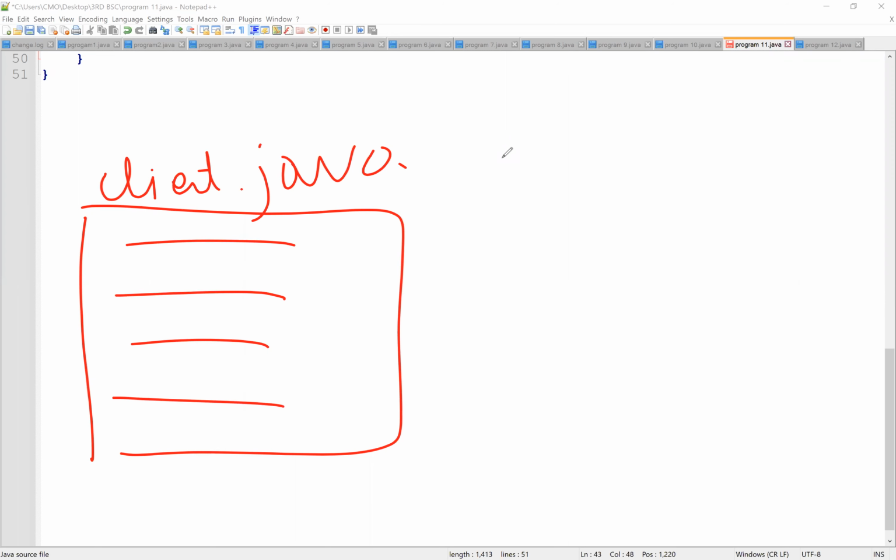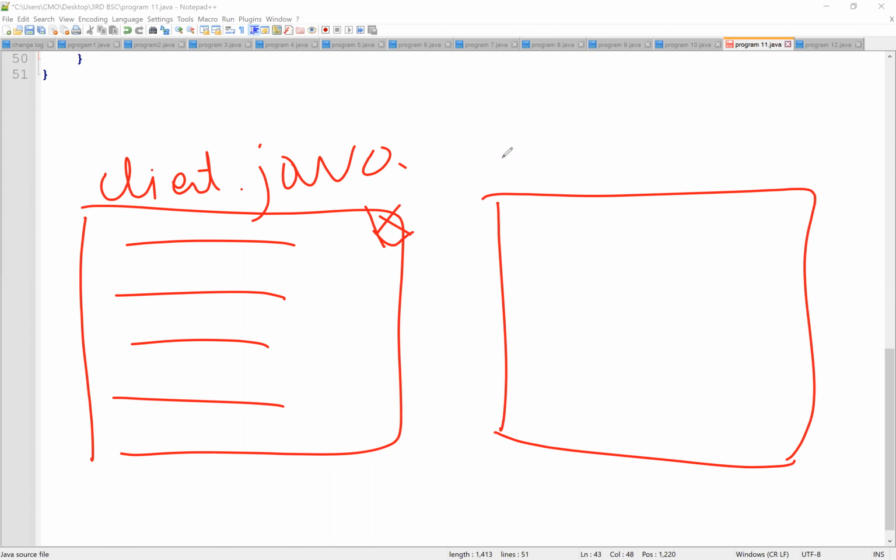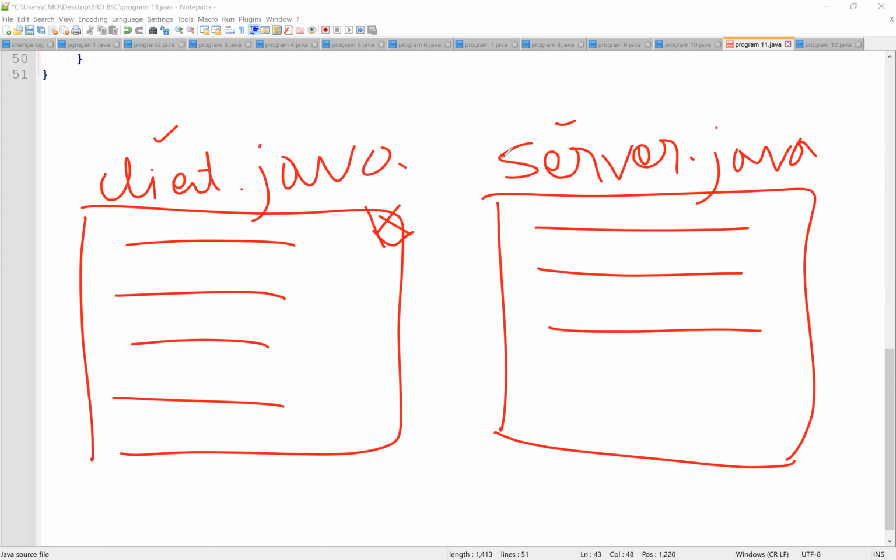If you have any mistakes or bugs, just debug it, and then close it. After that, close this window. Then create a new window, take a new program and name it server.java. You can name it with any name, but the port number should remain the same. Here you need to write the server side program.